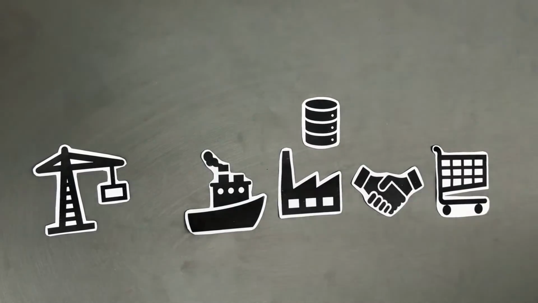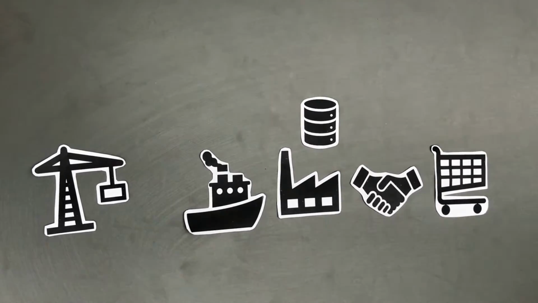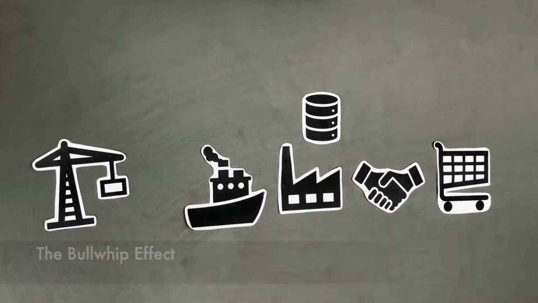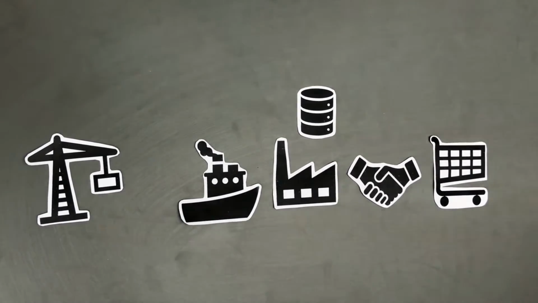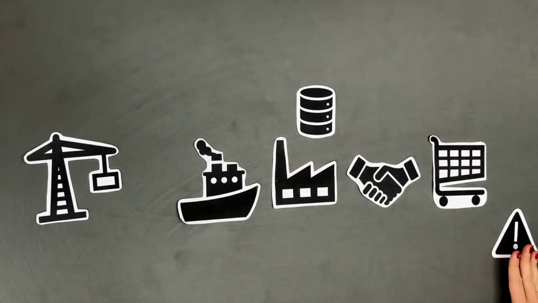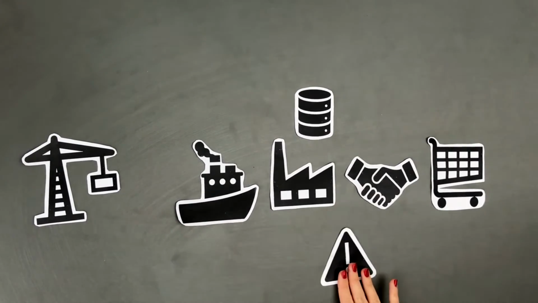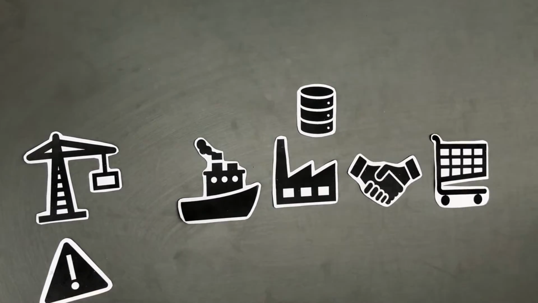Some problems can arise along the supply chain, such as the bullwhip effect. The bullwhip effect is a phenomenon of demand fluctuations in multi-party supply chains, resulting in inefficiencies. It refers to increasing swings in inventory in response to shifts in customer demand as we move further up the supply chain. The bullwhip effect creates several inefficiencies, which endanger the whole supply chain.